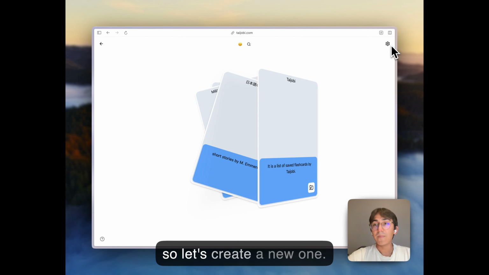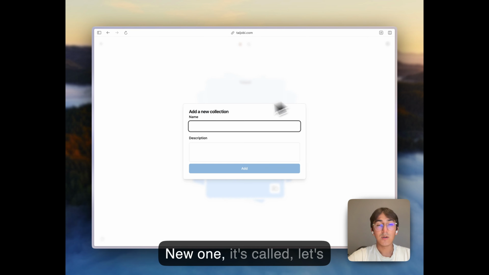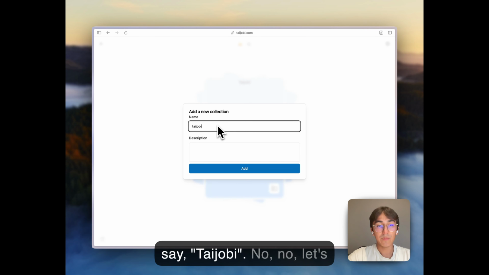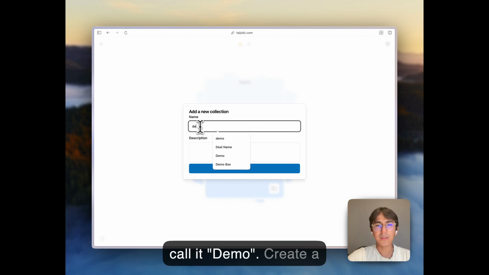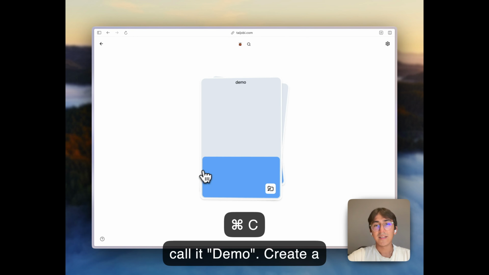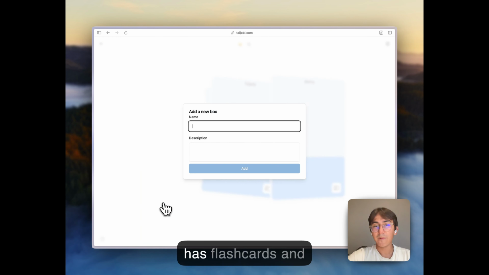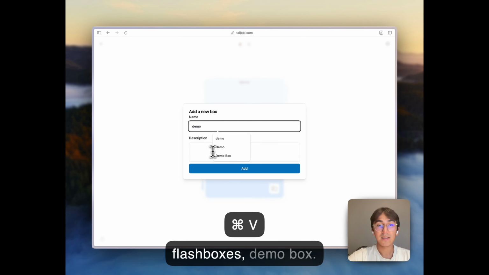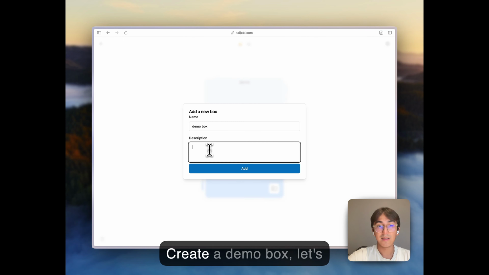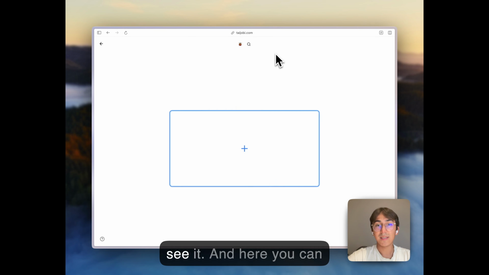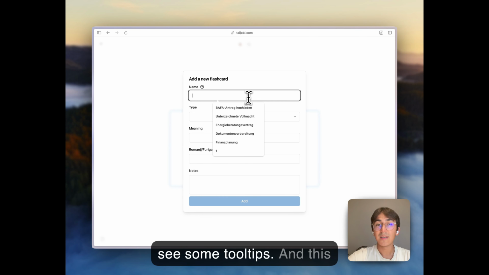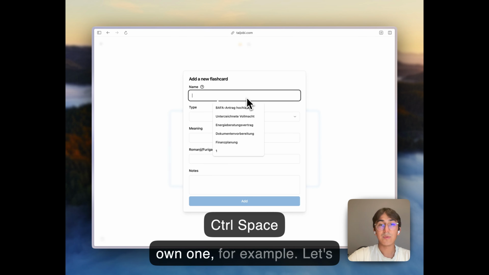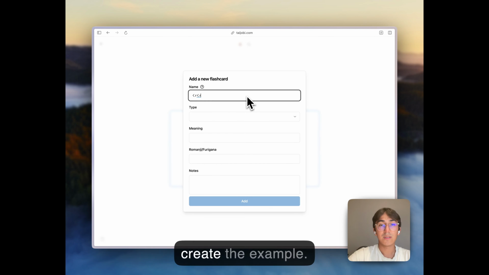And so let's create a new one. It's called, let's say, Taijobi. No, let's call it demo, sorry. Create a demo, and each collection has its own flashcards, flash boxes, demo box. Create a demo box, and here you can create your own tooltips, and there's gonna be your own, for example,